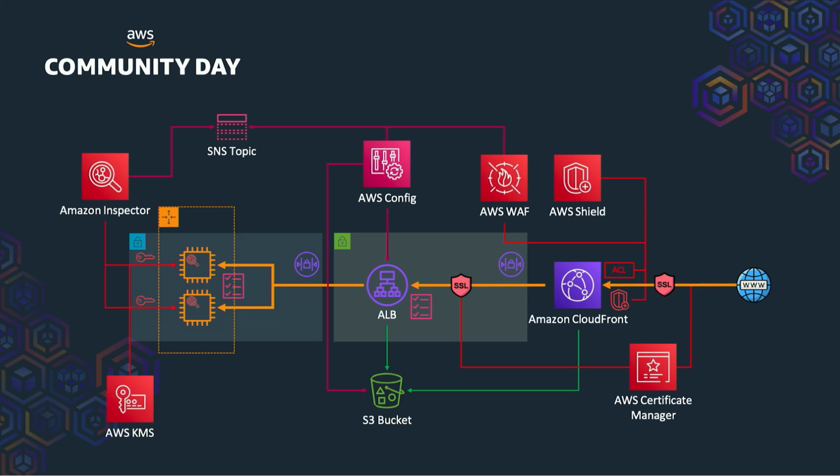So here there are certain criteria which I can put to integrate this so that any web request cannot go without CloudFront. So I will put certain HTTP request headers which would be verified at the level of ALB. The very first service which I would utilize is ACM, where the SSL/TLS certificate would be integrated on CloudFront as well as on ALB. You can integrate it on EC2 instances as well, but it will be a little bit more complex. ALB will terminate your SSL/TLS and you can again own your certificate on EC2 instances, but it is not required because this is a classic architecture. It can be done on ALB and CloudFront.